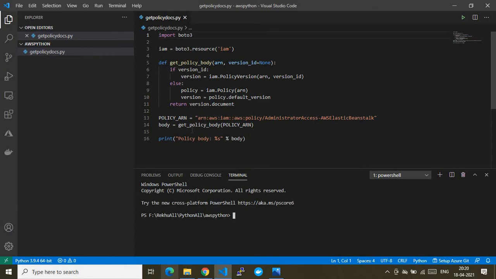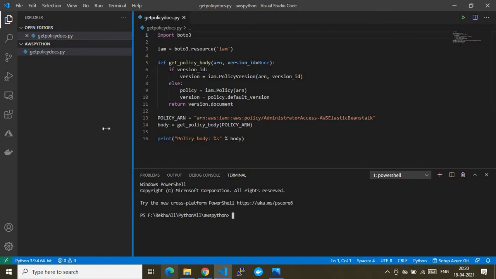Here I will show you how you can retrieve the policy document. Let's say you have an example policy, and you want to retrieve that policy's document, which is nothing but a JSON file. You might know that it can be done via the AWS CLI or other methods, but let's think about how you can do it programmatically, using such a great language as Python. Here the script is ready for that task.